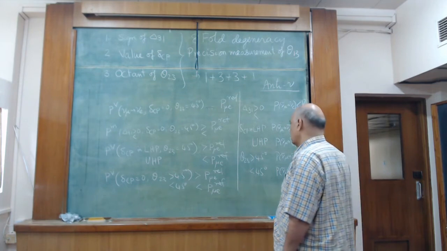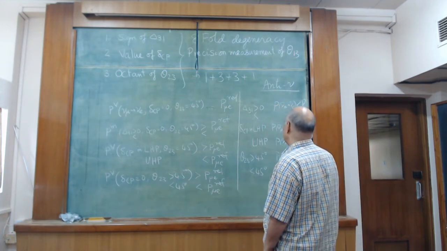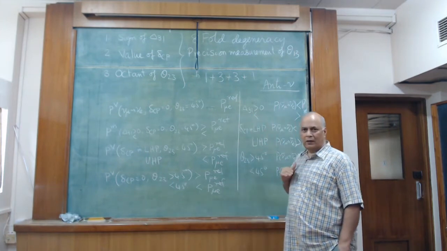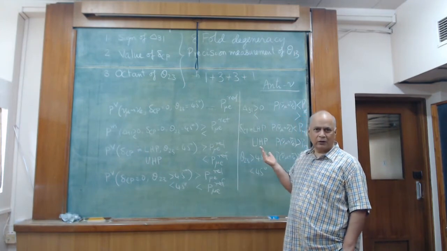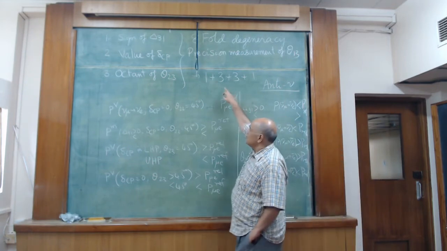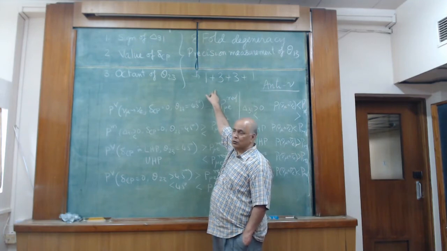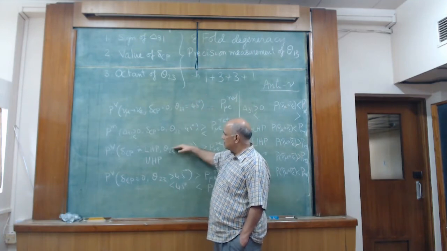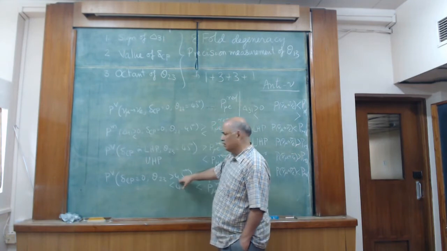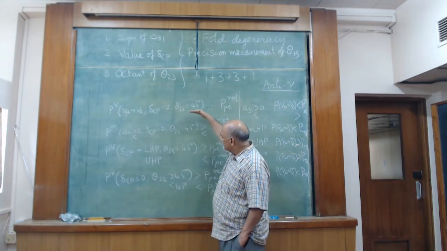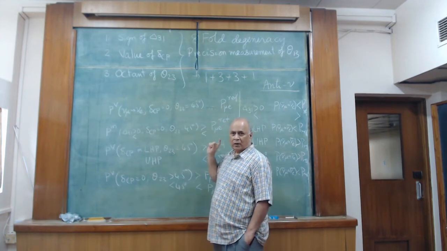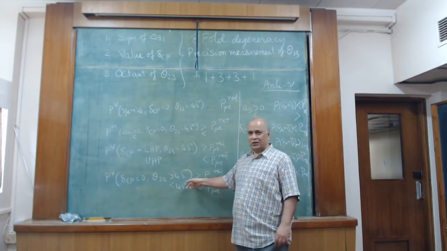So if we take the anti-neutrino data, now the question is, is this increase coming due to this or this or this? If the increase is coming due to this,